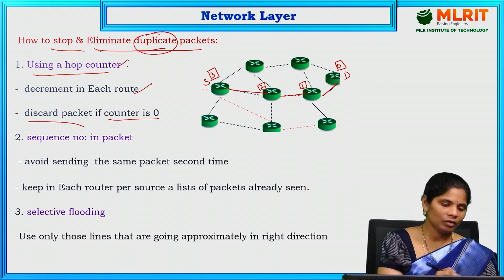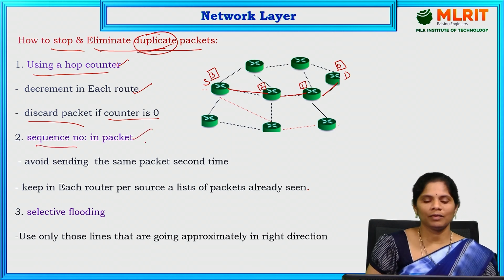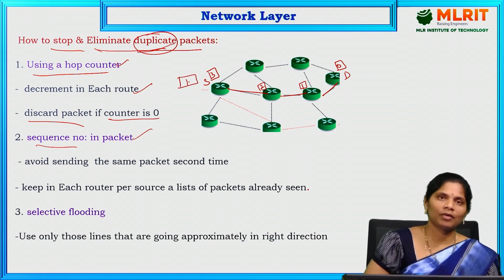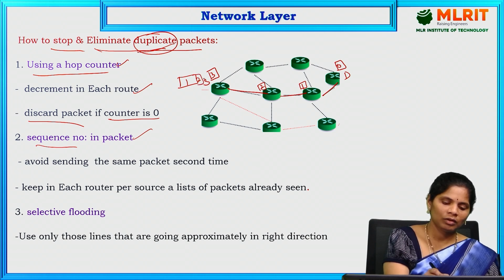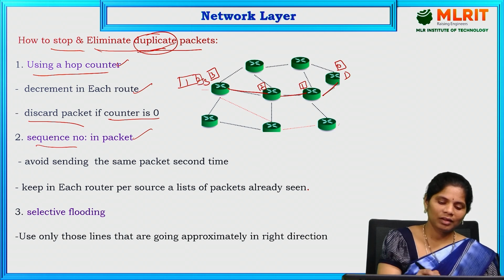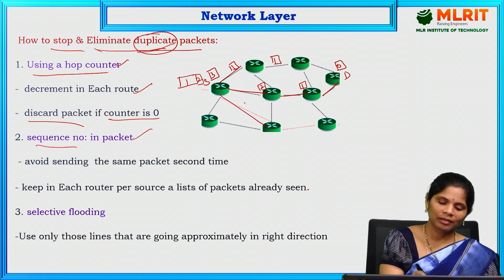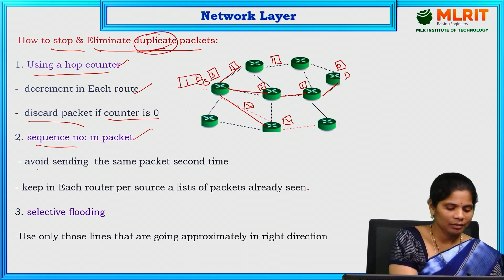And next, for eliminating the duplicate packet, use a sequence number for each and every packet. We have to give the sequence number. Suppose packets 1, 2, 3, 4 like that are there. If I want to send the data, we have to give the numbering for which route, which packet is going on. From this route, suppose if you select this route, which packet is going on. Like that, we have to give the numbering for that particular packet